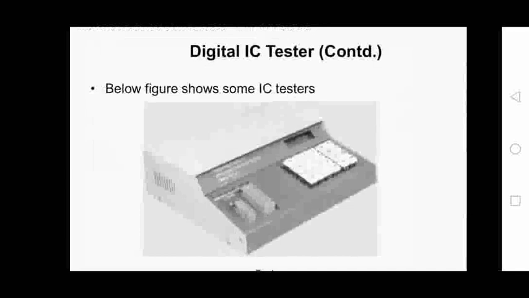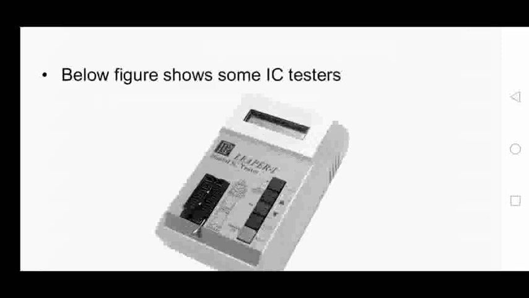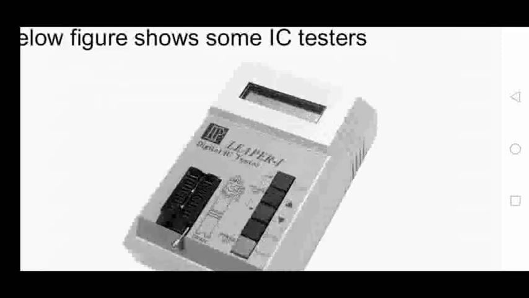So one more, this is some more sophisticated IC tester. On this, the black color part is what we are calling the base of the IC tester. On that base you have to put the IC. So it is a 16 pin, or 24 pin, you have to place the IC, and after powering on, you just press the test key, then the display will show whether each and every pin is working fine or not.